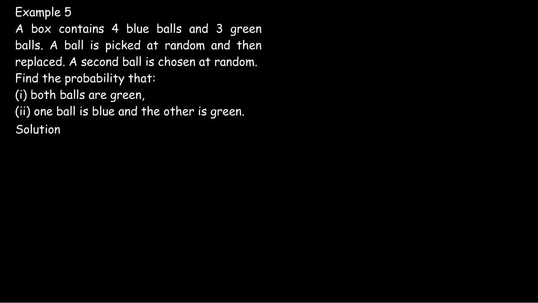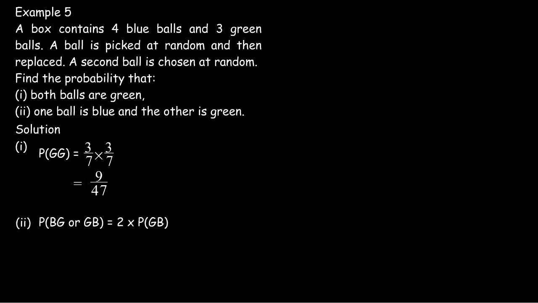Now for the very first part of our question, the probability of having 2 green balls will be equal to 3/7 times 3/7, because the ball was replaced, which will be equal to 9/49. And for the second part of our question, the probability of getting a blue ball and a green ball will be equal to 2 times the probability of getting a blue ball and a green ball, which will be equal to 2 times 3/7 times 4/7, which will be equal to